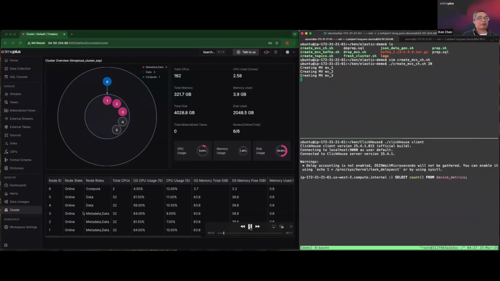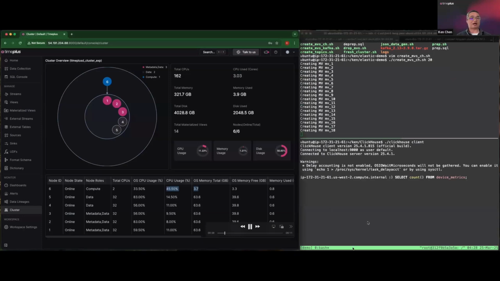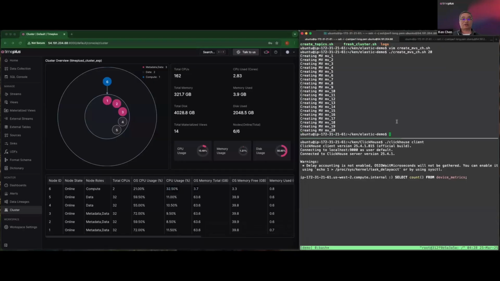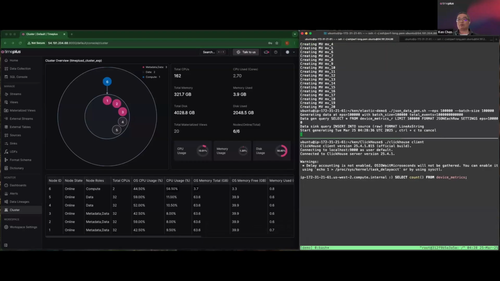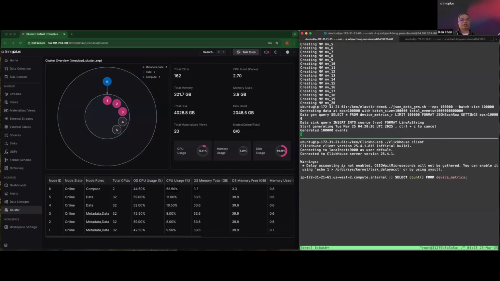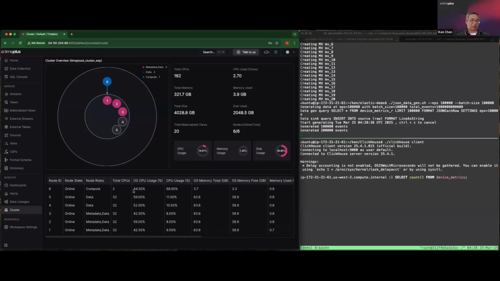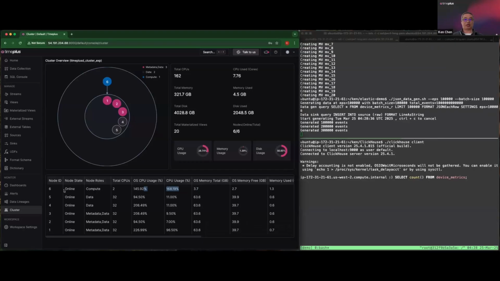From the left-hand side, we can see we have 6 nodes online, and the CPU utilization of the computation node is not that high, about 25%. We have not generated data yet, so we start generating the data. We would like to emulate a large data volume. Each of the materialized views is doing computation because it needs to parse the JSON and do the JSON extraction